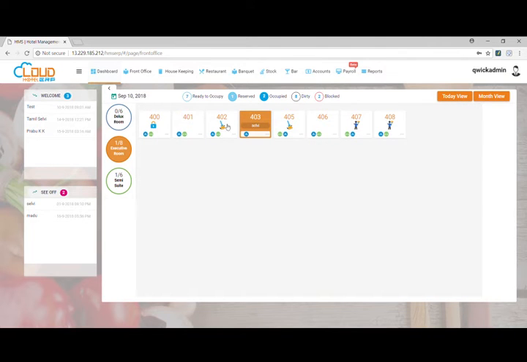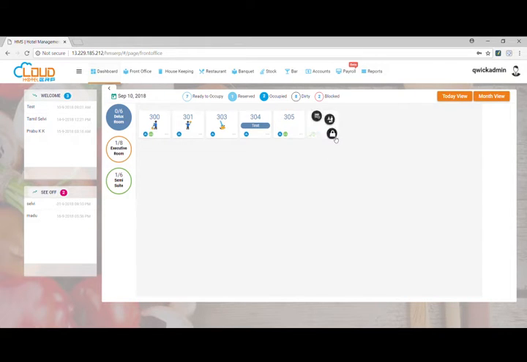And in the today view, see here, you can see different icons on your rooms. It indicates the room status. See, 303 is dirty and 301 is assigned to some housekeeper. 300 is now in progress. So the basic operations of front office are reservation, check-in, check-out, room status and so on. For that, we are providing some quick access in front office itself.